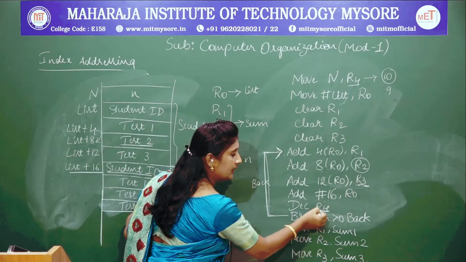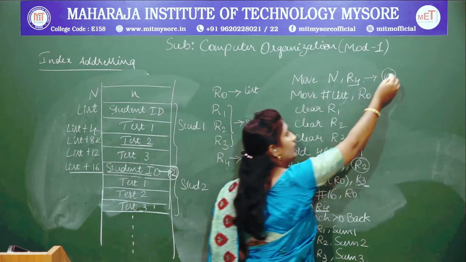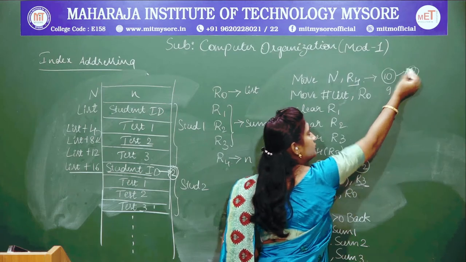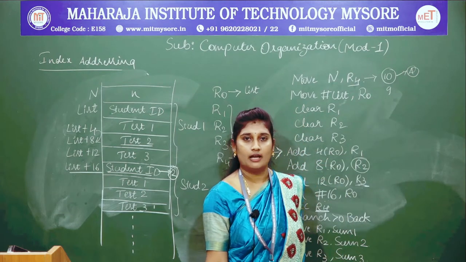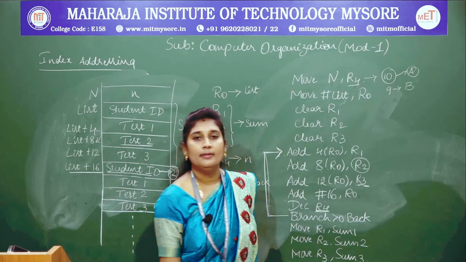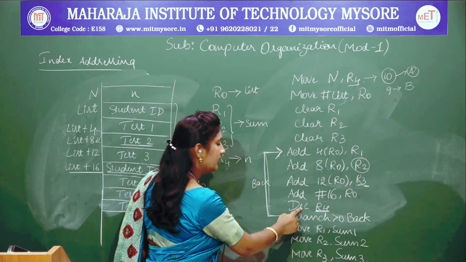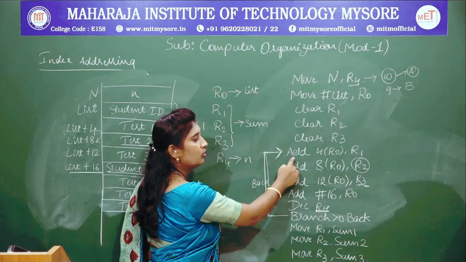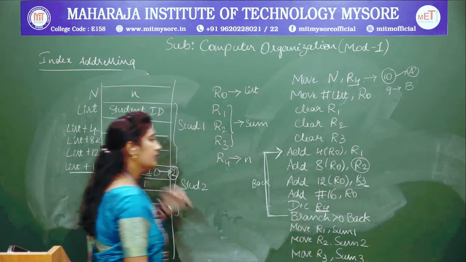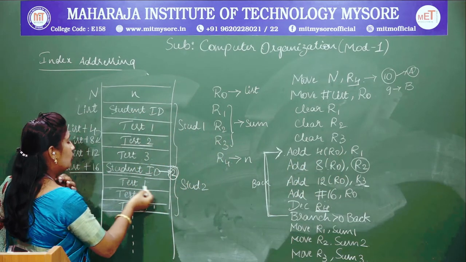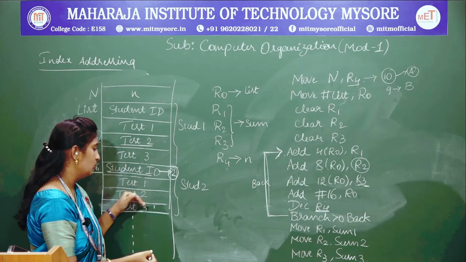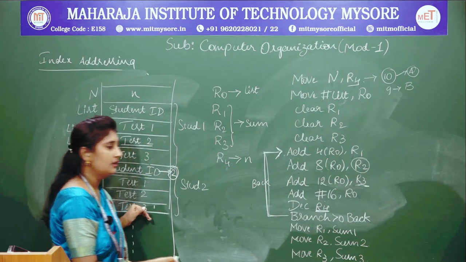Here I have decremented R4, right? For my first student I calculated, consider it is an A student. I calculated the test scores of all the A students' values. Now I need to calculate the test score of all the B student values. So I have decremented R4 and I am executing the same instruction again. Add 4 R0 comma R1. Again it will be coming on to add 4 R0 comma R1, test 2 values of the second student, test 1, test 2, test 3. Fine, understood.